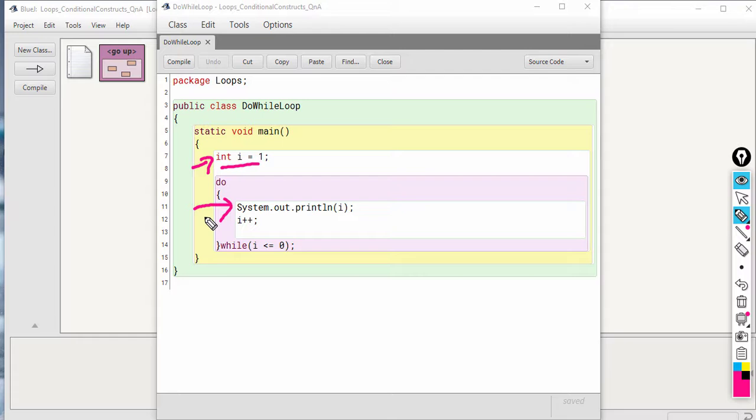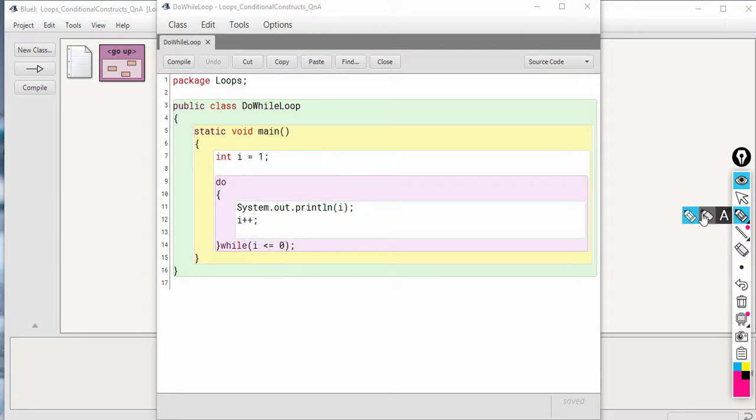When the control comes to the do while loop the first time, it directly enters the loop without checking any condition. So do while guarantees that the loop will execute at least once, okay, and when all the statements are executed inside the body one time, then control comes to the condition part and the condition is checked. If the condition is true, then again the body will be executed, else the control will exit the loop.